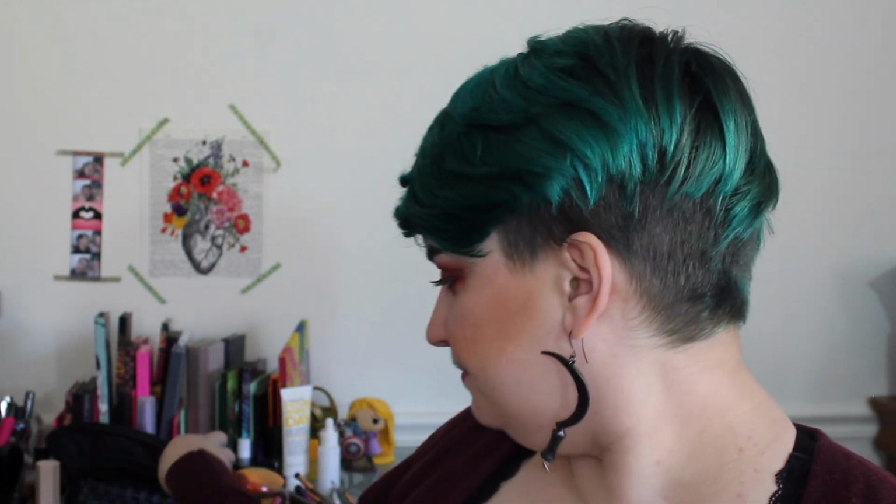So Kate suggested that instead of me buying Overtone again, which I really do enjoy, I think it does great things for my hair. I don't think it deposits that much color back into it, but it's not bad at all. I just like what it does to my hair texture because I think it helps with the wave and stuff. But Kate suggested that I just mix the rest into a conditioner, and since Lime Crime was having half off of their conditioners,